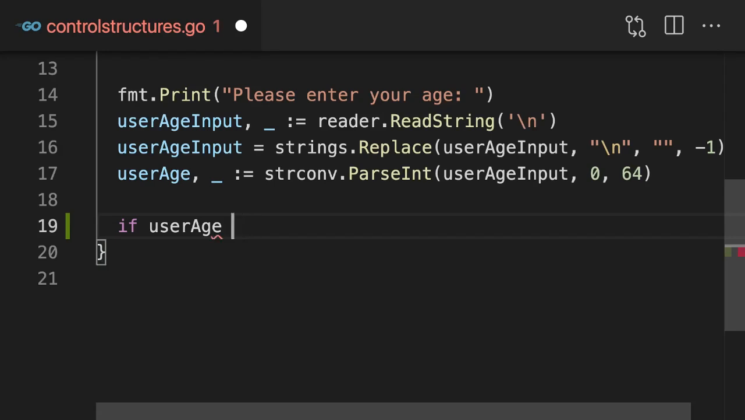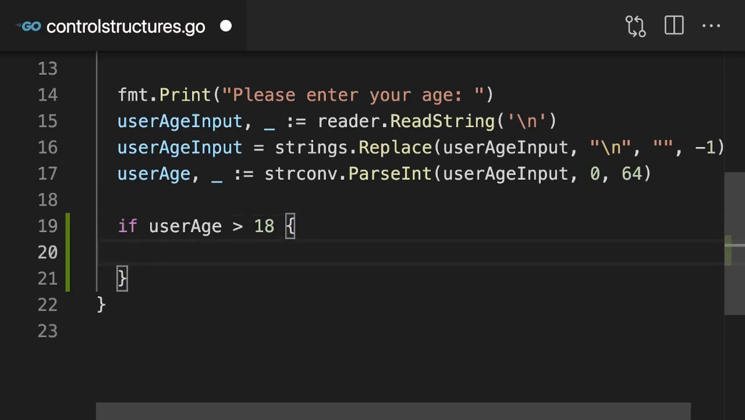But here I want to check that user age is greater than 18, and hence we can write it like that. Next, you add curly braces, opening and closing, and between those curly braces, you add your body for this if statement. So the code that should execute if this condition is met, and only then. Whatever you put between those curly braces will only execute if this condition is met,